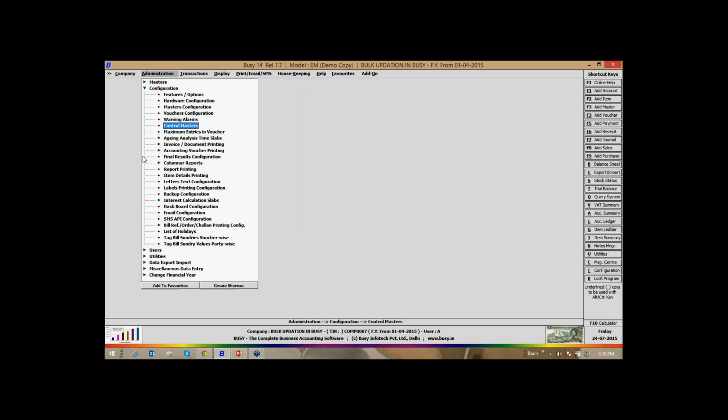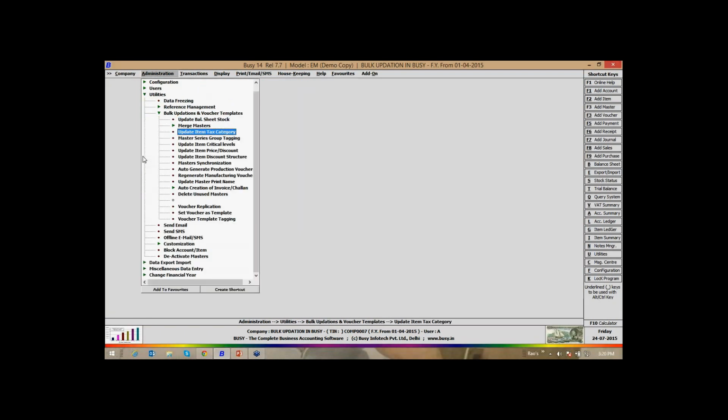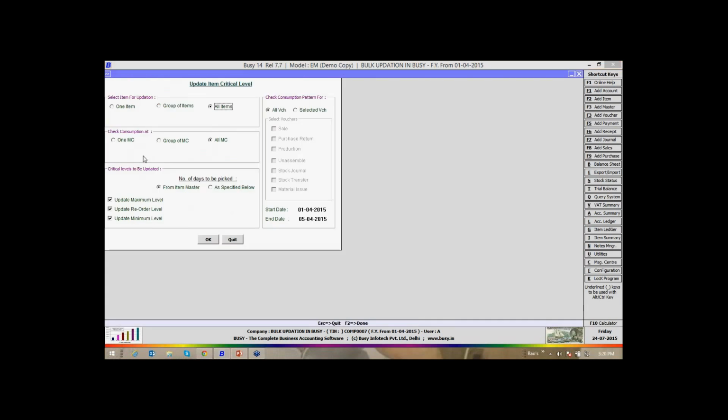So we'll come to the bulk updation again. For how many days do you want to keep stock? Let's say maximum 5. Now we will change it. Reorder 3, 2. So our multiplying factor is 3.